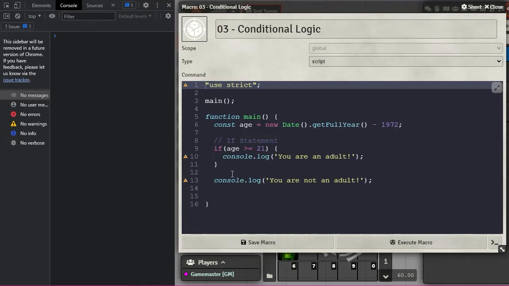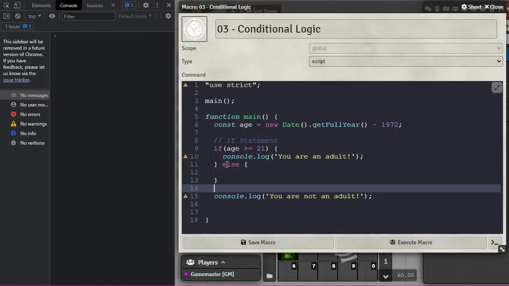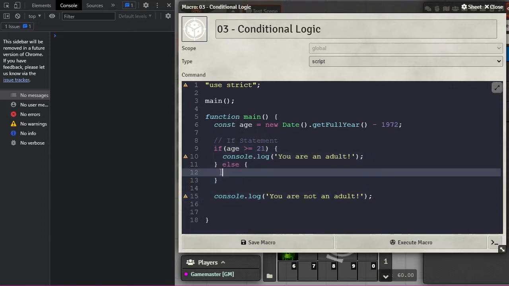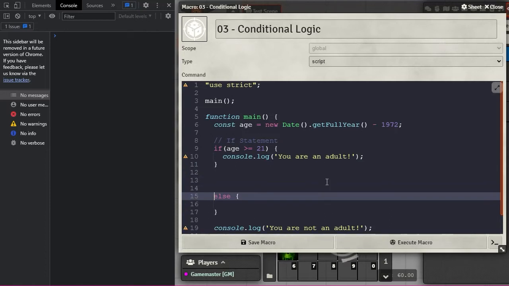So this is where the else statement comes in. Else is really easy, and it just means otherwise. So if this is true, do this, else or otherwise do this. And all you have to do is type ELSE and then another curly brace, and we put this chunk. Actually, you know what? I'm going to copy this real quick, Control C, because I want to leave the if statement as it is. Then I'm going to hit enter here a couple times